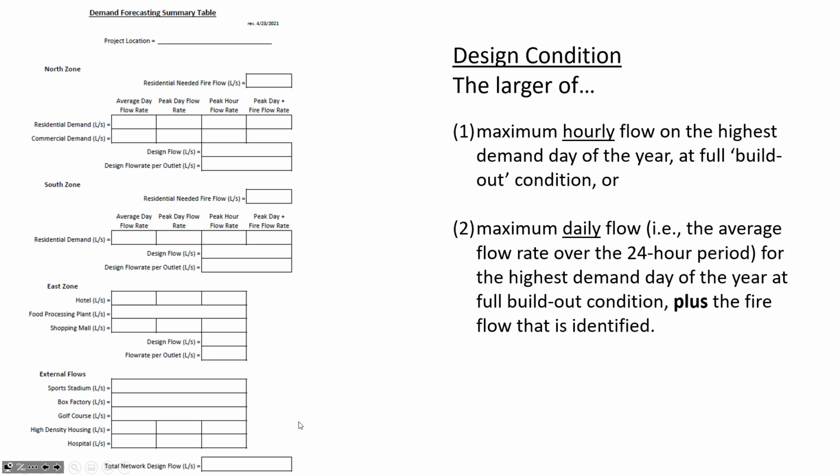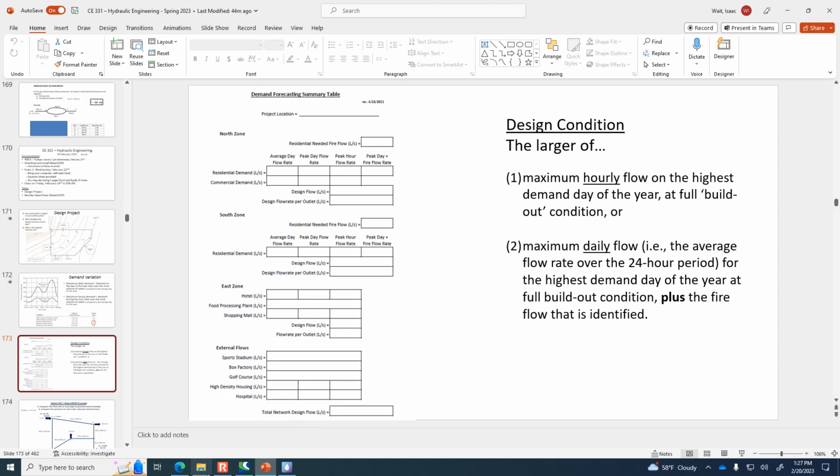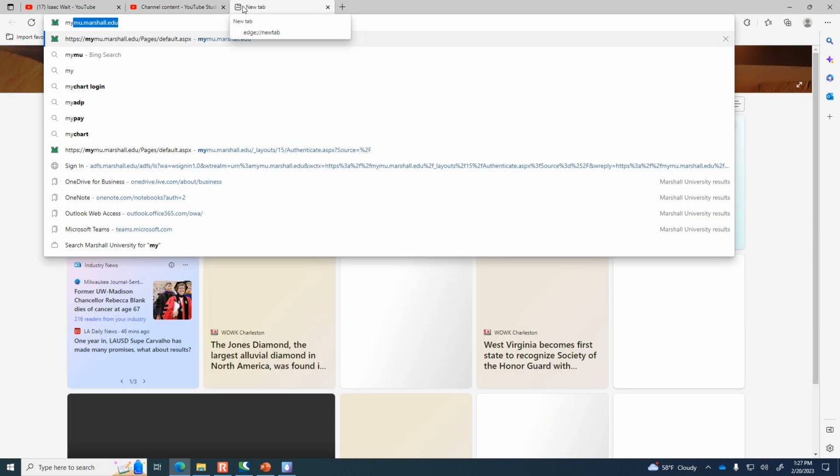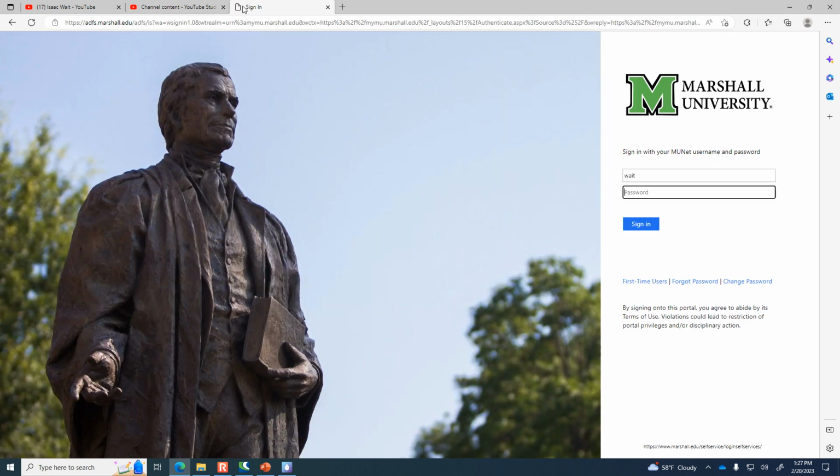So you'll notice it says how many stores are in the shopping mall, the seats in the football stadium. So there are some parameters here that are going to be inputs that you use in trying to estimate the amount of water that's being used. So let me show you one of the resources I've just loaded onto Blackboard today. It's an example of the type of data that's available.